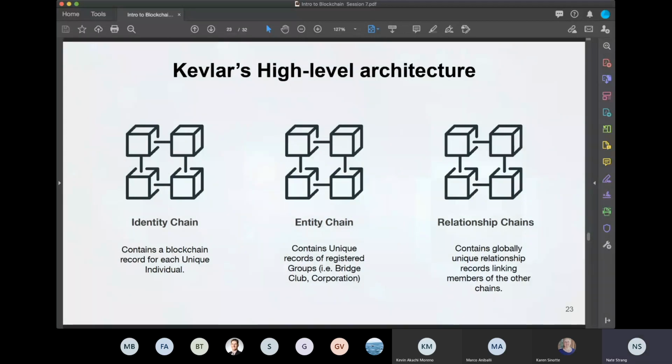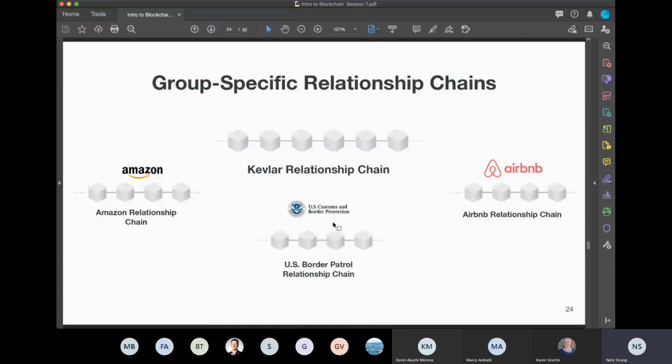scale globally? If we look, our identity chain and our entity chain are designed to have very infrequent transactions. Remember, we only have 2 transactions per record, birth and death, or registration and death. Relationship chains, though, we have frequent updates to transactions, or updates to records, I'm sorry. So how do we solve this transaction load problem in our relationship chains? Well, early on, this won't be an issue, of course, but as we begin to scale, the solution for that is